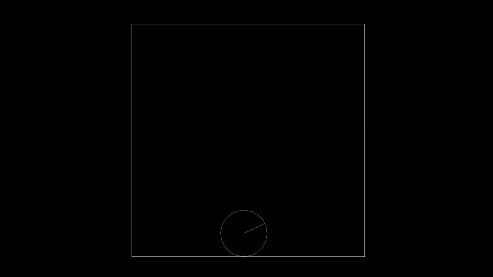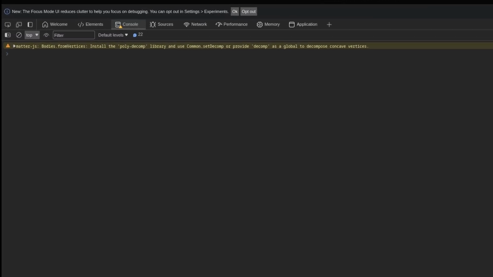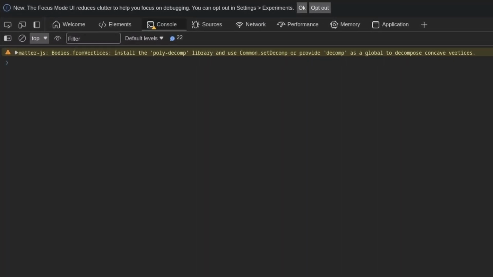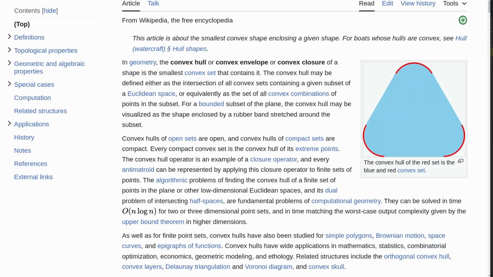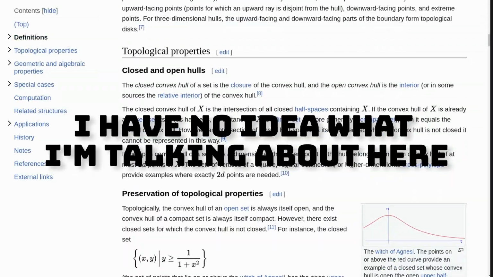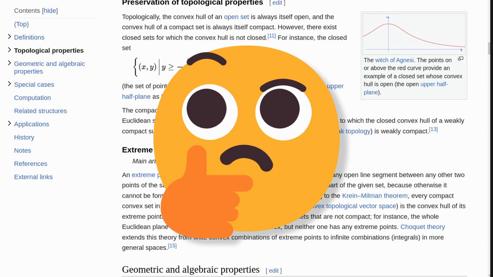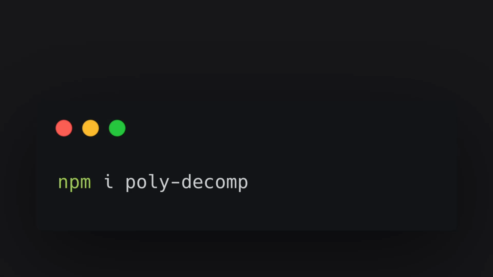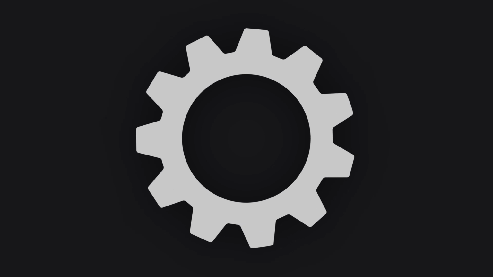Now, I immediately blamed AI for this, but after a while of debugging, I found a message in the console that said that I needed to add some kind of poly-decomp library, and it turns out that physics engines often don't have the ability to render concave shapes, which are basically where the points come inside of the shape. It was kind of confusing, but all I needed to do was install an extra library and add it to Matter.js. And once I got that working, I expected to see a beautiful gear, but instead I got this,